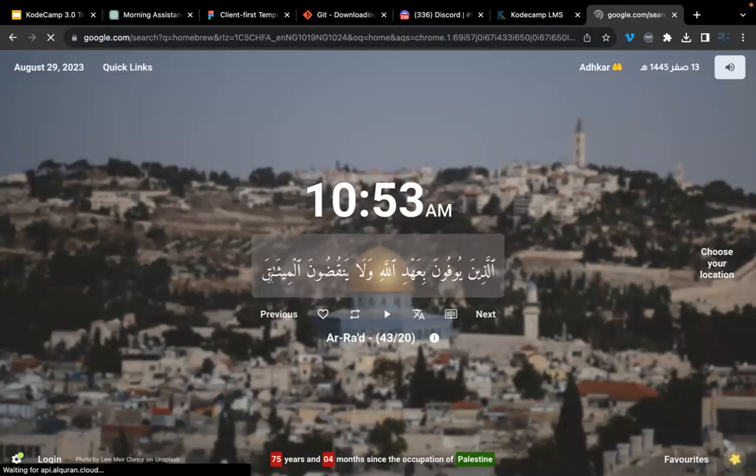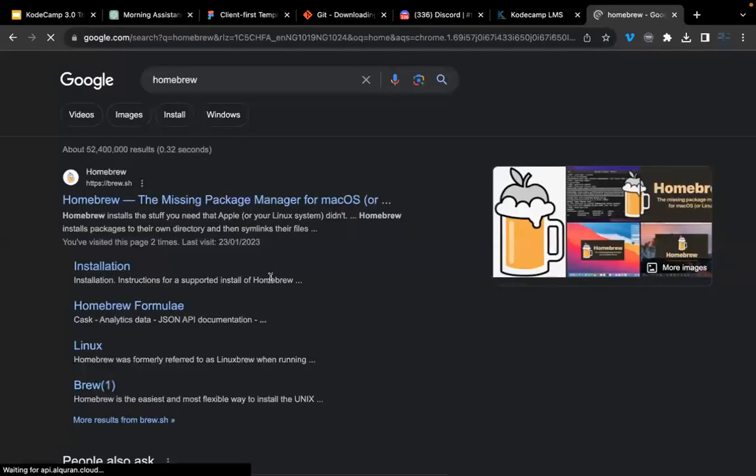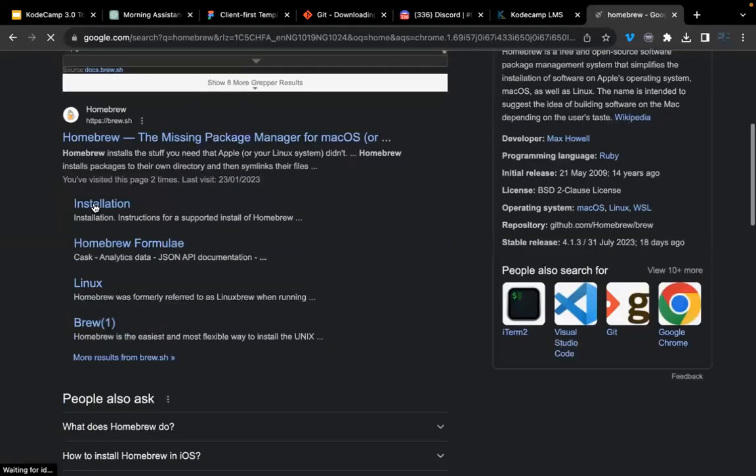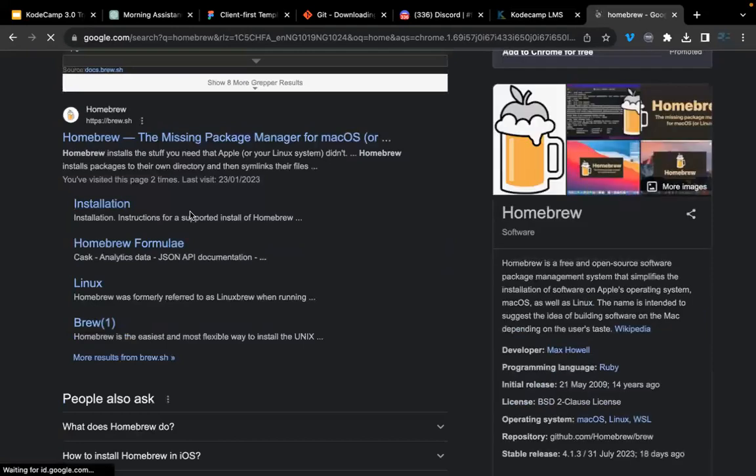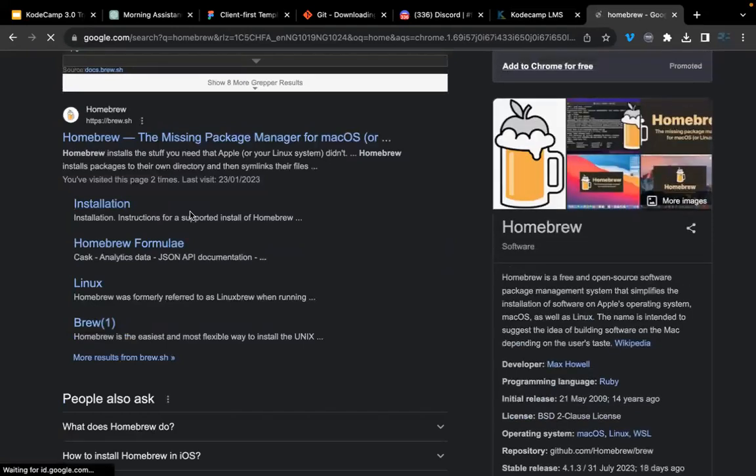Let's wait, the network is loading. Yeah, this is Homebrew. Forget about all of these codes, just focus on this one. You can click on Homebrew, click on the installation, and then you see the options we have in installing Homebrew on your Mac OS. Everything is very easy, right? Although Homebrew may take a while to complete installation, depending on your network still,